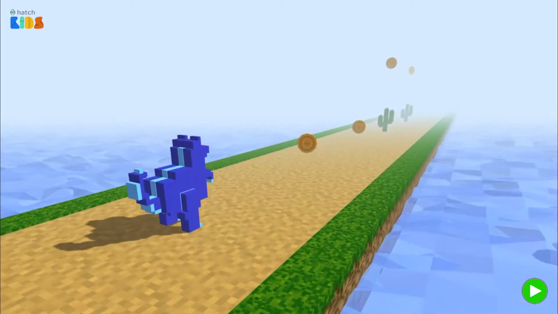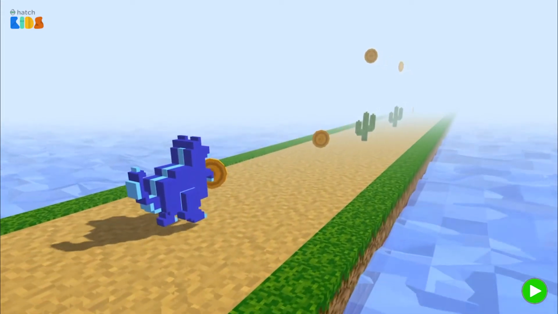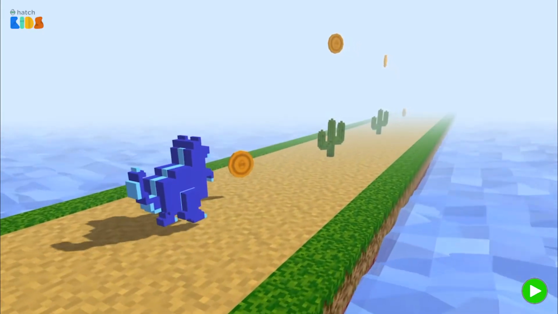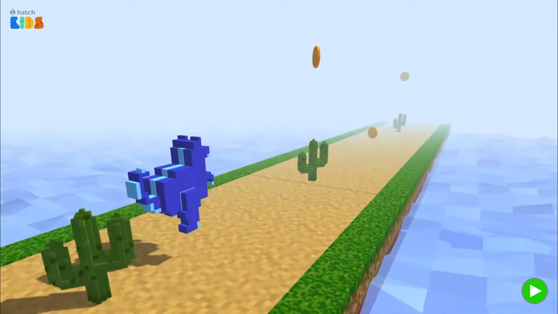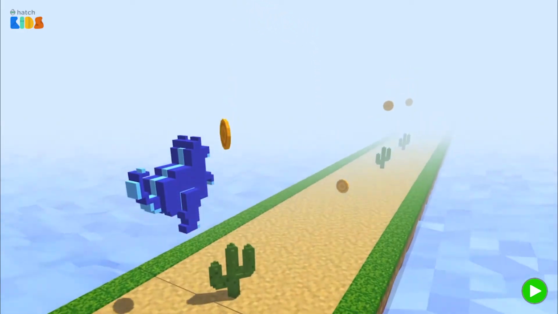Welcome to the T-Rex Hour of Code activity by HatchXR. In this activity, you are going to build your very own 3D T-Rex game like the one that you see here. As you move through all the steps of the activity, you will learn how to code the different functionalities